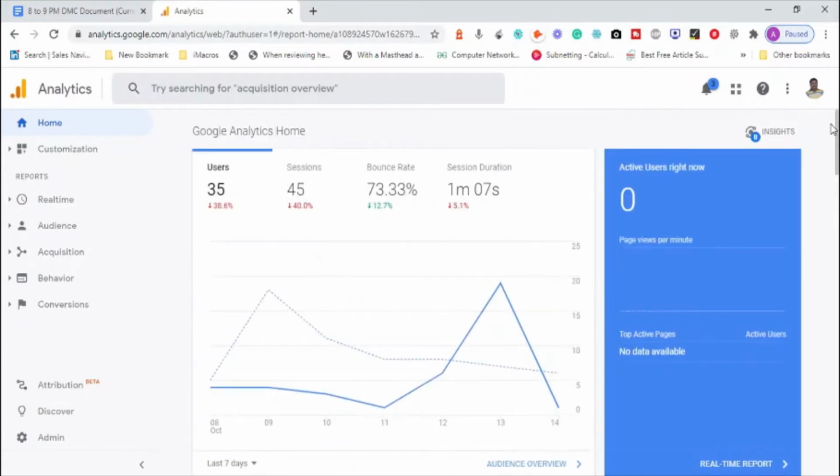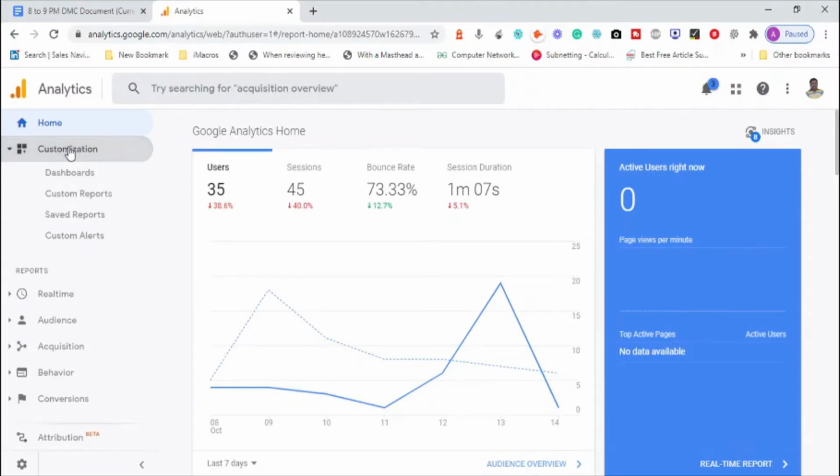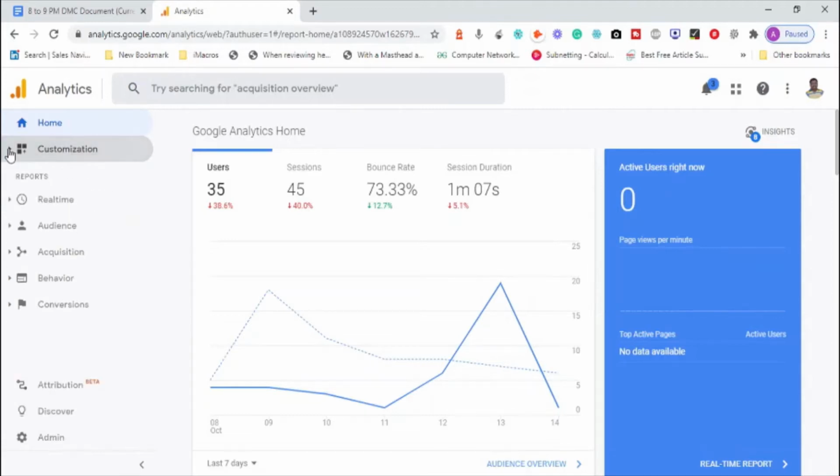So when it comes to the Google Analytics interface, what options do we have? Look at the left side option, customization, which means you can add any of the reports at the bottom and have your own customized window created. Custom reports are reports generated based on your custom requirements. You can save the report for future reference, and also receive alerts about the report or the information you are getting.